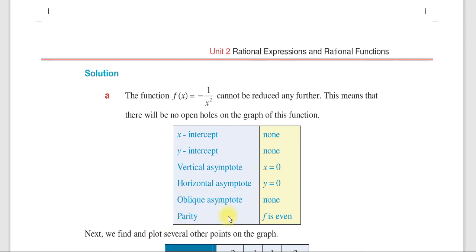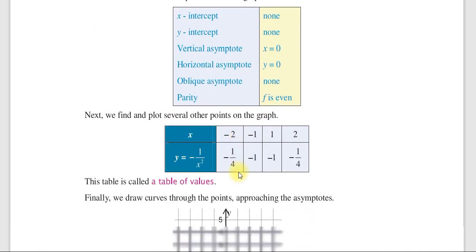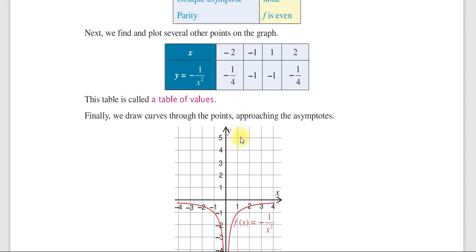oblique asymptote የለንም ፓርቲው even ነው even ማለት x ላይ እንግዲህ እዚህ x ላይ ኔጋቲቭን ፖዚቲቭን ብናስገባ ፖዚቲቭ የሚሰጠን ከሆነ ለምሳሌ x ላይ ኔጌቲቭ 3 ብናስገባ ኔጌቲቭ 3 ስኩዌር ሲሆን 9 ነው 3 ስኩዌር ሲሆን 9 ነው ስለዚህ ለውጥ የለው ሶ ኢቭን እንለዋለን እንደዚህ አድርገን ቴብል ኮንስትራክት እናደርጋለን ከዛ በኋላ ግራፋችንን እንመሳል ለምሳሌ ለx -2 -1 1 2 ስንሰጥ y ምን ይሆናል ወይም f of x ምን ይሆናል -1 over 4, -1, -1, -1 over 4 ከዛ በኋላ ምን እናደርጋለን ግራፋችንን እነዚህን ፖይንቶች ፕሎት በማድረግ ካርቴዥያን ፕሌን ላይ ግራፋችንን በቀላሉ እንደዛ አድርገን እንሰራለን ማለት ነው